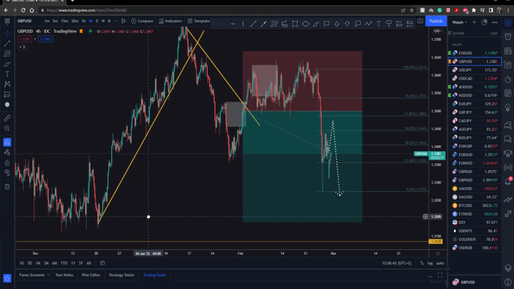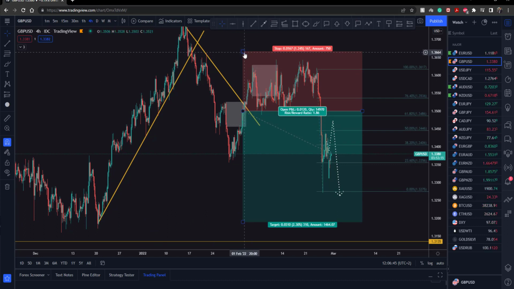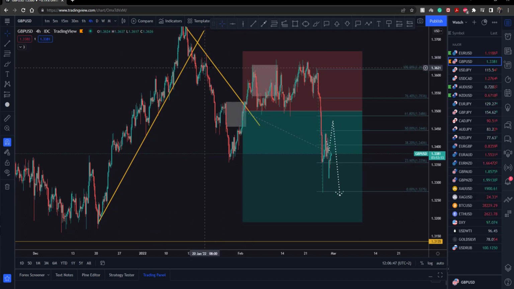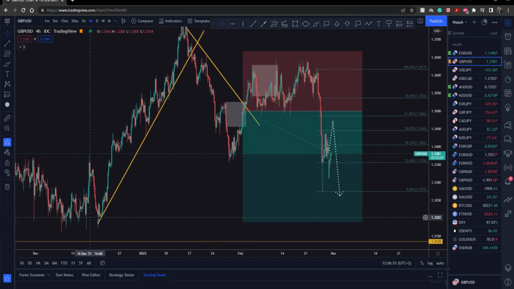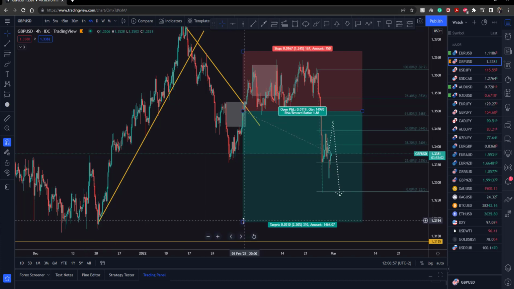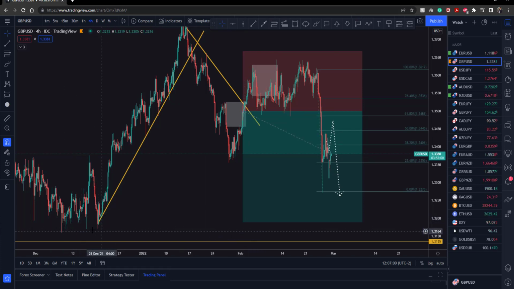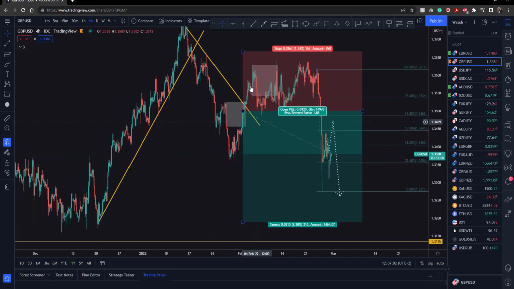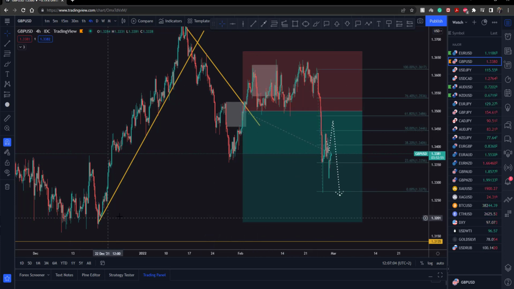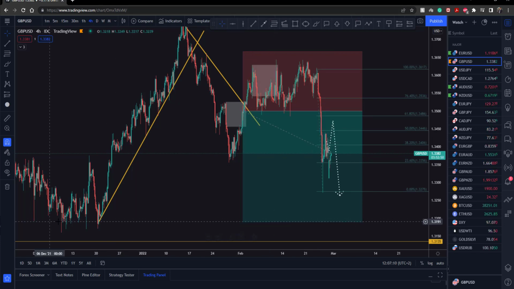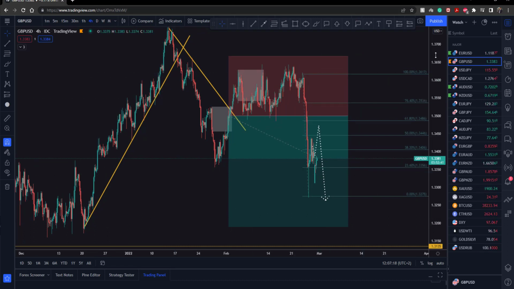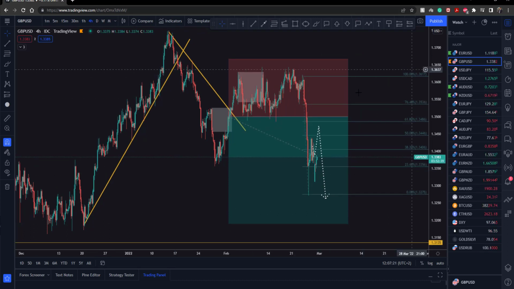Okay, and you can see how I've placed my stop loss above the wicks of this previous high, but at the same time my take profit is on the body candles of this previous low. Okay, and that means I haven't placed my take profit below the wicks right here, but I want to make sure that if price retests that previous low, I will be out of this trade. So that's why I've placed it right here at the bodies of the candles. And this is a perfect example of how to determine your stop loss and take profit levels based on support